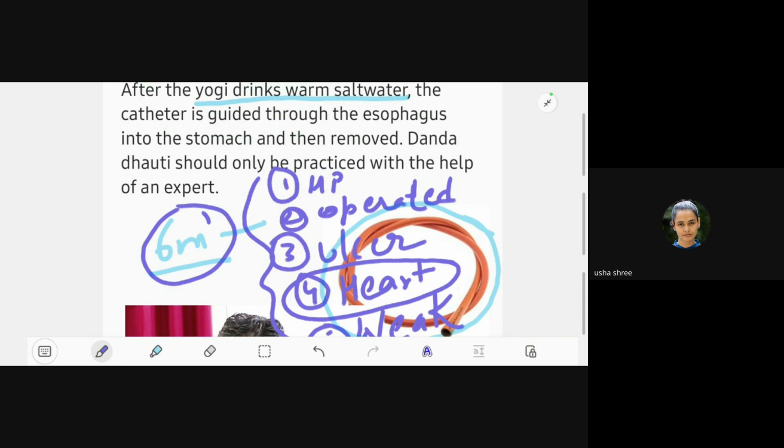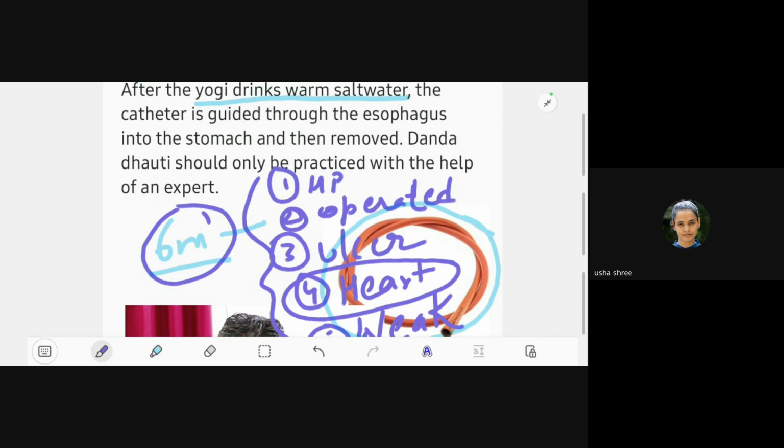How are we going to perform the Dandadhoti? Have you seen those who perform with the sword, in the circus or something? They put the sword inside their mouth into the esophagus, right? And they take it out. Have you seen it? You can see it in pictures. It is very difficult. Never perform it on your own, I would never suggest it. Such stems we don't find, right?